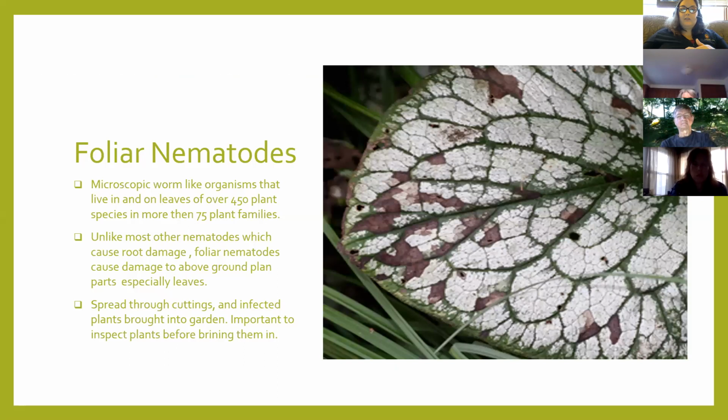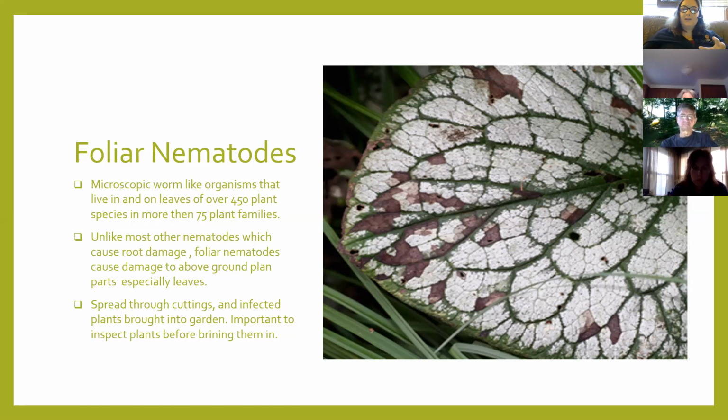Foliar nematodes. These are kind of neat little creatures. They're microscopic worms, and they live on or in over 450 plant species, in 75 different plant families. That is so many different plants that these little worm-like creatures can live in. Unlike most nematodes, when you hear nematodes, generally you think of soil and root rots. These ones actually cause damage above ground, so they're not going to affect the roots at all. If you're seeing a lot of root rot damage from nematodes, that's a totally different nematode than the one